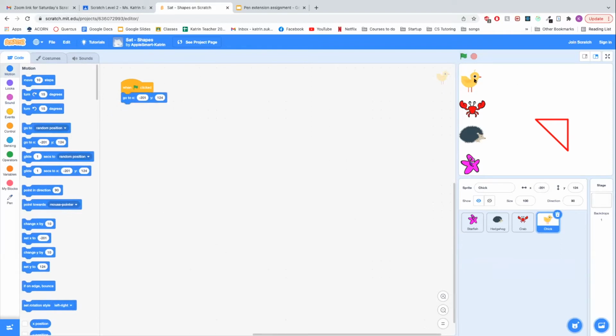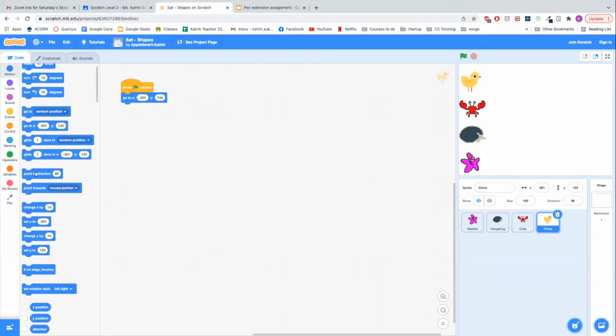So even if I move my little animal, when I click the green flag, they all start in their correct positions. And I'm also going to point in direction 90, just to make sure that even after they finish the drawing, they're always going to face upright. Sometimes they're going to be upside down. And now our next step